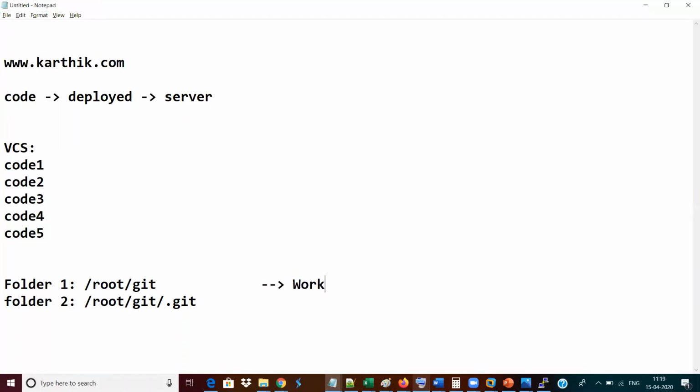So this is going to be your local folder, that is what is called the working directory. And this is what we'll be calling the local repository. So let me put it as repos. So this is what your local repository is.